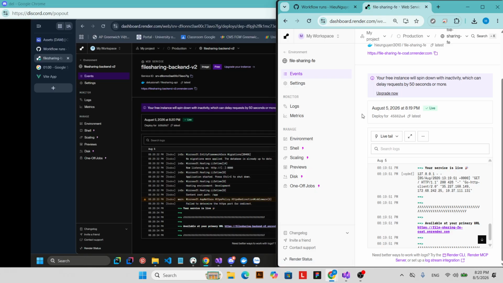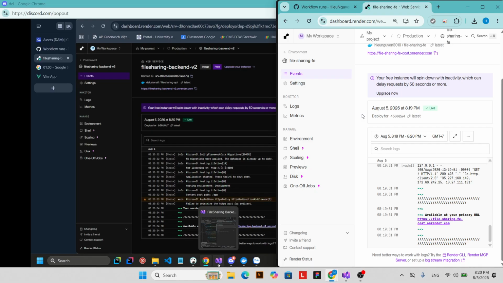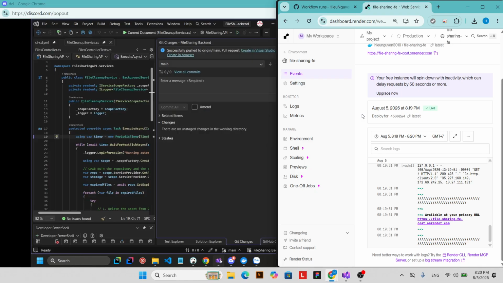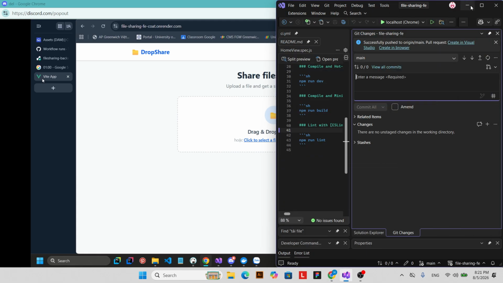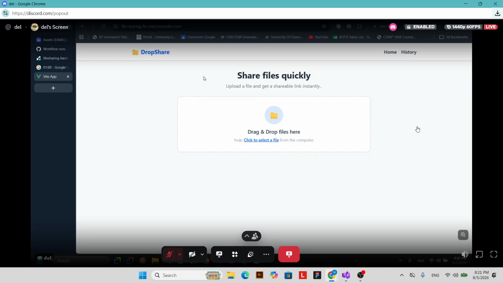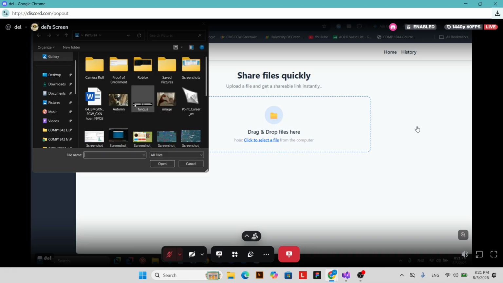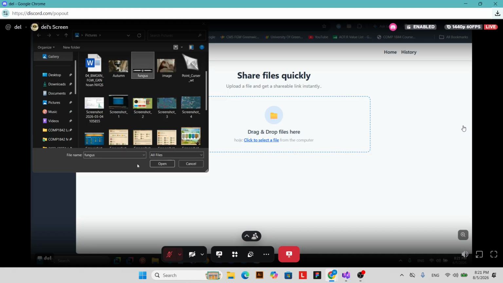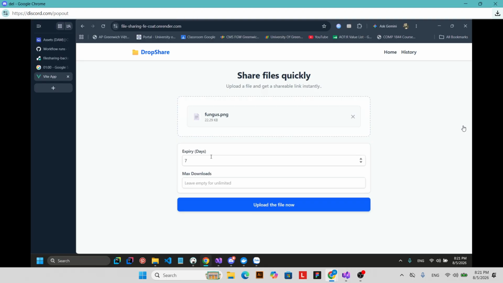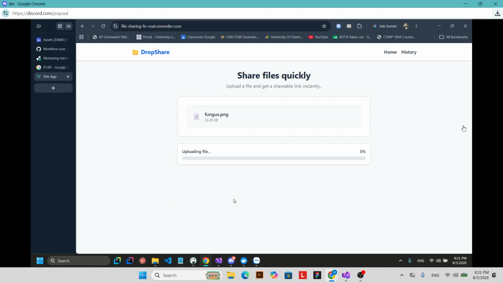So now we'll be moving on to demo how my file cleanup service actually cleans up a file. So now I'll go to my site, turn this on to make it a clear view. Okay, now we drop a file. Let's just say around this, a JPEG, named fungus. Upload the